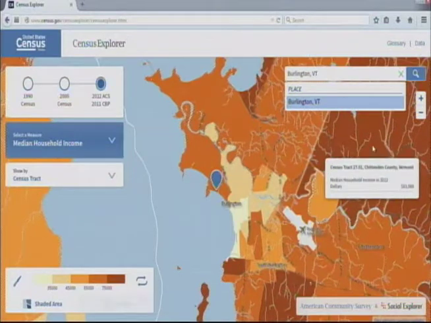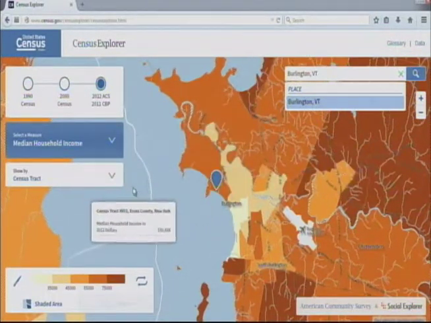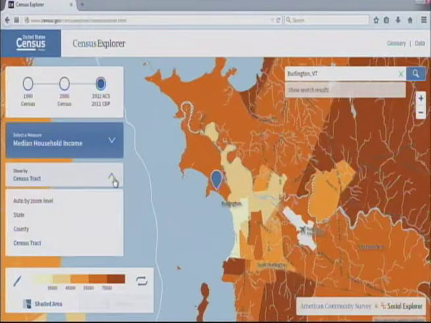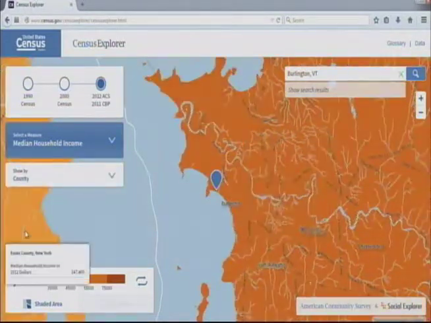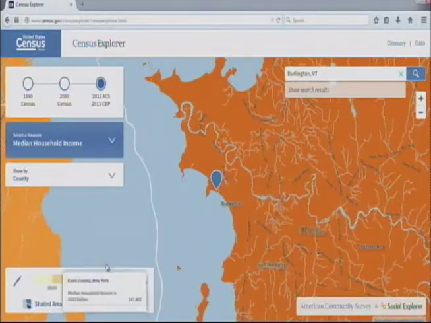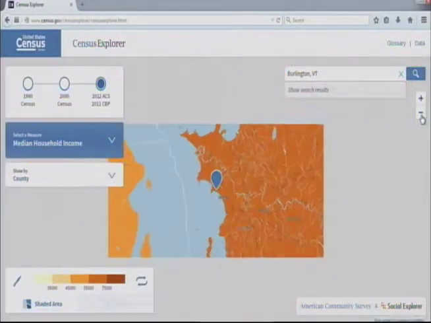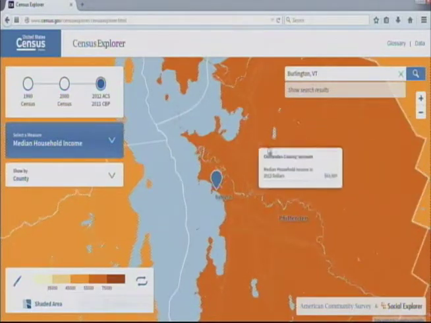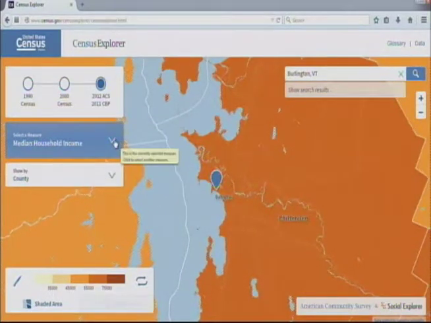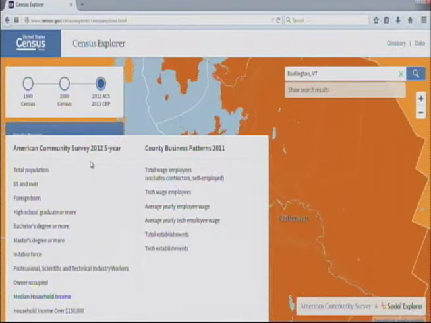And you won't see it for the city lines. Here you can choose what level of geography you want to see, which can be state, county level, or census tract. If I change to county, you can see there's no county subdivision there. So we won't see exactly Burlington, but we know what Burlington is. So right now, let me zoom out a little bit. You would have the lines of the counties, and you can change the characteristics right here. So let's look at